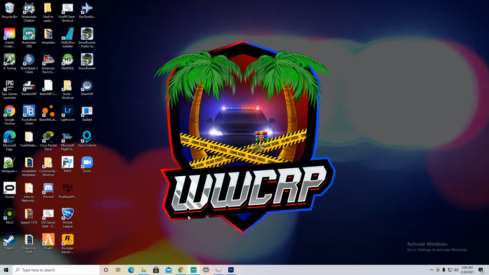So here we go. The main things that you're going to need in order to be able to reskin your cars are, number one, a vehicle model that comes with a template. You're going to need some form of photo editing software that's actually able to work in layers. I use Photoshop, but you can also use GIMP. I'll link GIMP down in the description, but we're going to be using Photoshop for the purposes of this tutorial because that is the software that I am used to. And also you're going to need